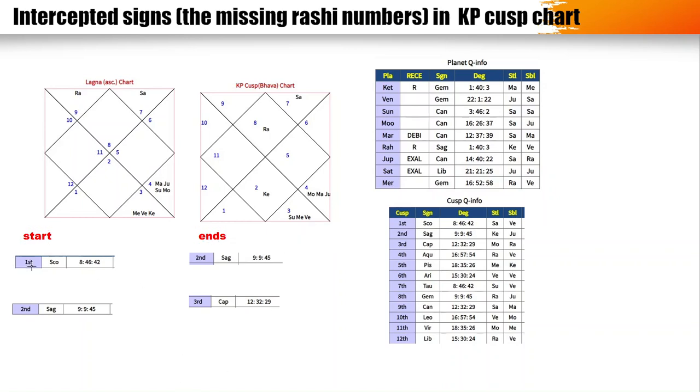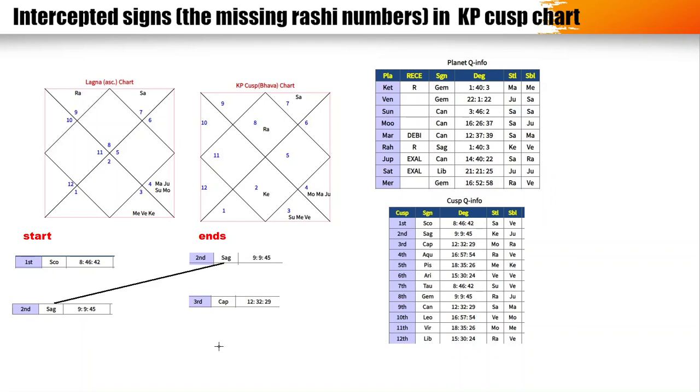Okay, so the ascendant starts at Scorpio 8 degrees 46 minutes 42 seconds and ends at Sagittarius 9 degrees 9 minutes 45 seconds. And immediately where it ends, the cusp of the next house starts. So where this particular span ends becomes the starting point of the second cusp. Right. So this is how the span is calculated within the Placidus system, and this is what is adopted in